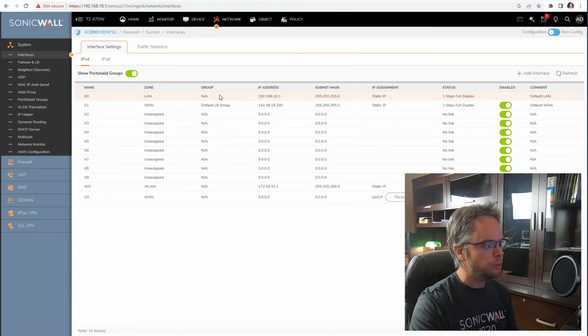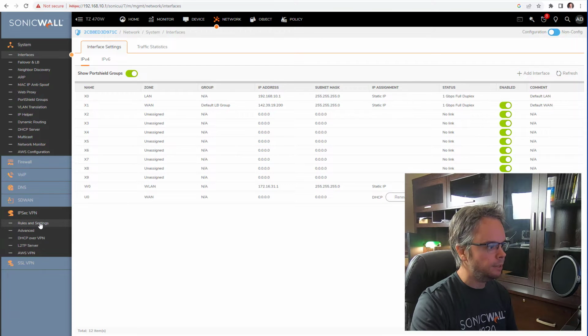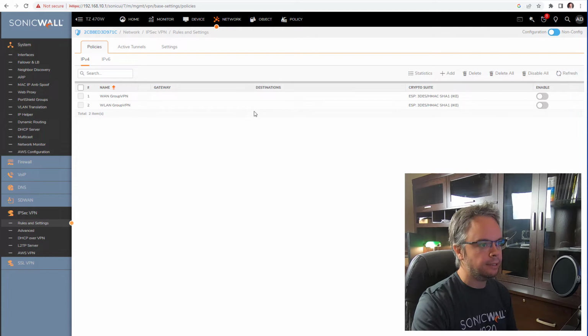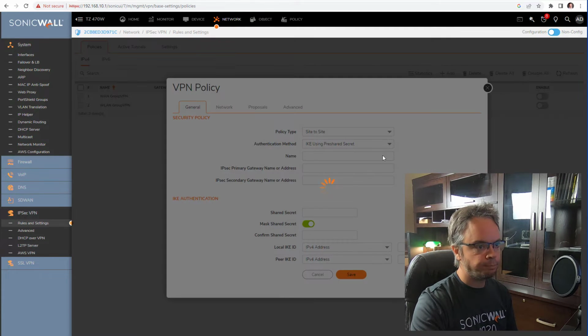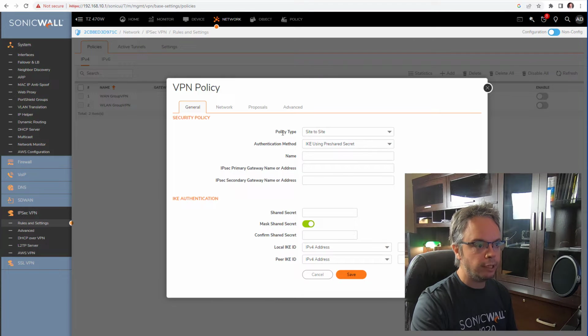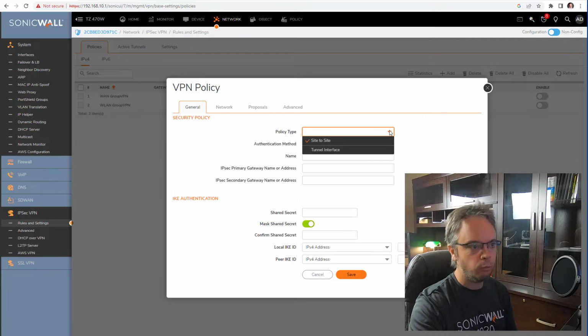So first we will configure our TZ because that's the one we're connected to. I'll go into Network, IPsec VPN, Rule and Settings. As you can see, there are none. So what we do, we click on the Add button up here. The first thing I want to touch here is policy type, so what type of VPN we want to do. Today we'll do a simple